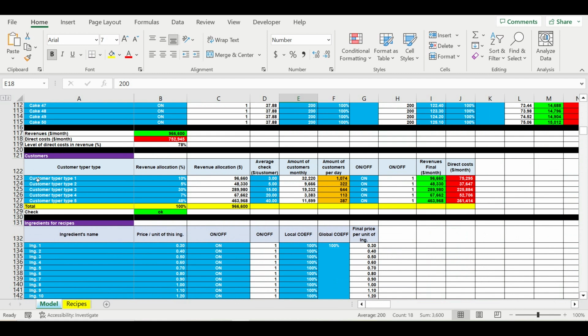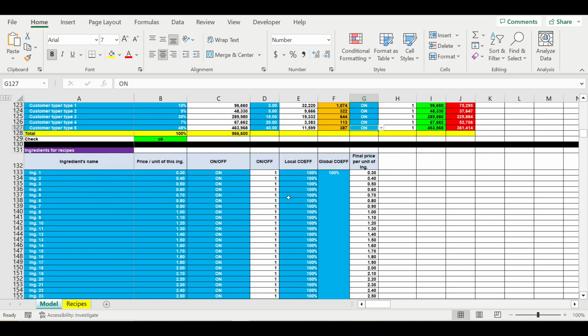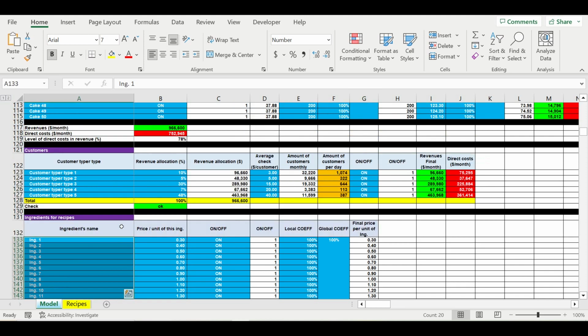Assume that we have 5 types of customers, so we can name them. Then we allocate the revenues between these types of customers. We set up the average check for each type of customer. We can switch on and off different types of customers from calculations to see what the cash flow will be, what the simple and discounted payback period and net present value will be if we are too optimistic with this or that type of customer. Then we have the list of ingredients which play a part in